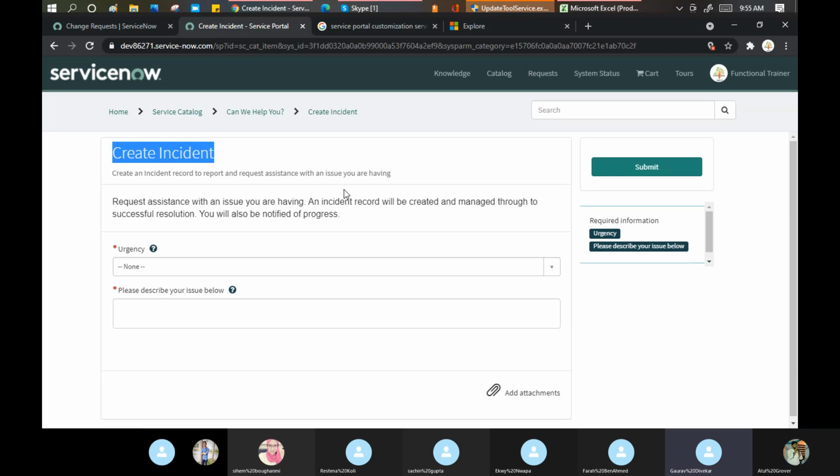Sir, please repeat the terms again. Okay: incident management, problem management, change management, request management, and knowledge management. You need to read these terms in detail from the ITIL perspective. We have good people in our group now, like Ikwi, Farha, Sheem, and Sachin, who are working on this day in, day out.